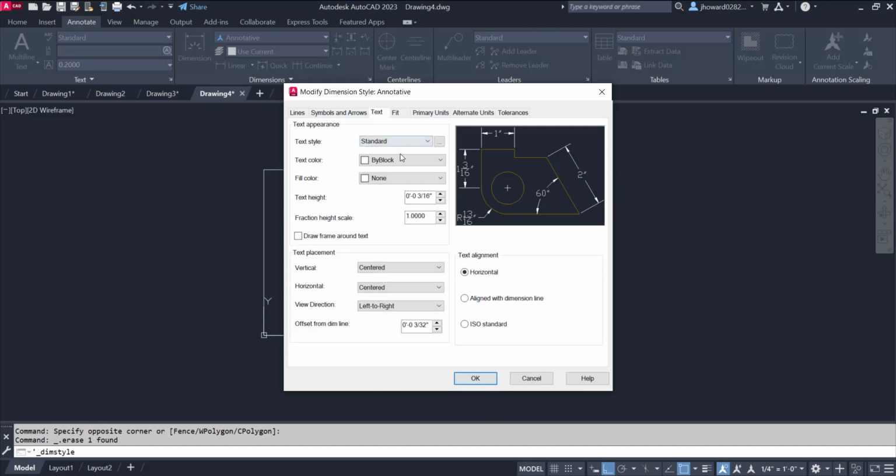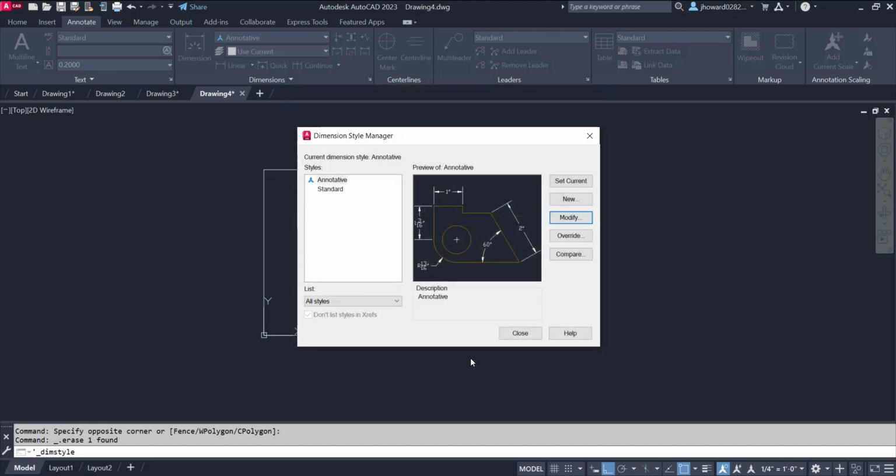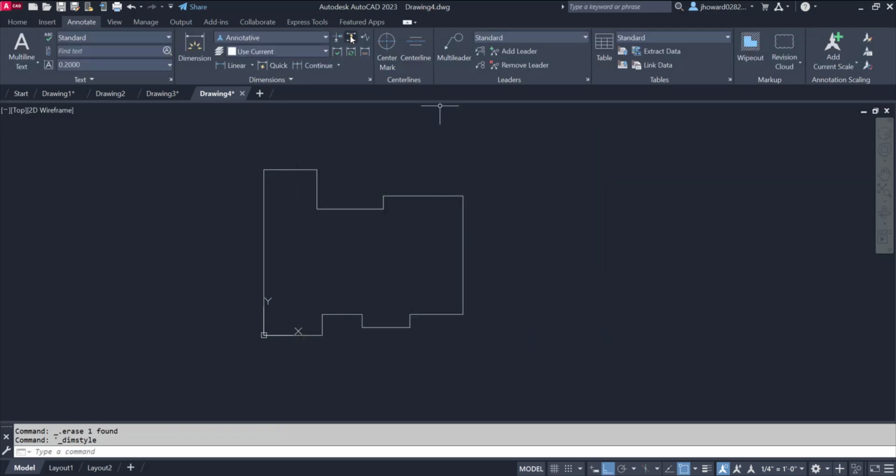My text, okay. So my text style, it's going to be standard. Okay, that's fine for right now. We'll deal with that a little bit later on. I'll show you. But anyways, I want to set that current, which it's already set current. It's right there in my dimensions in my annotate tab. Close out. Now when I hit linear,